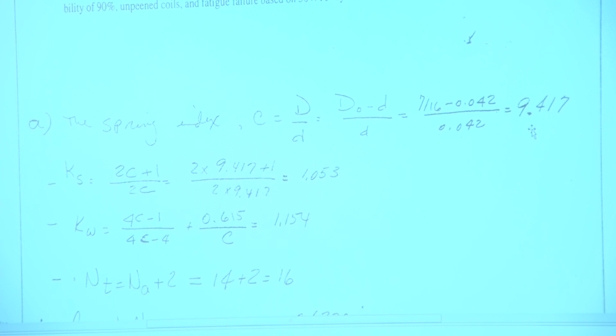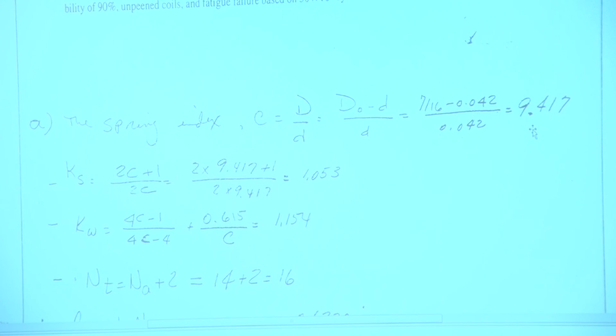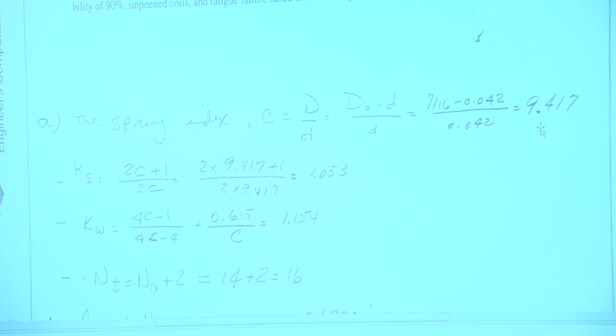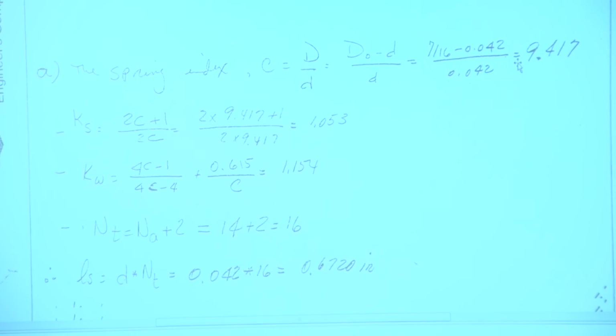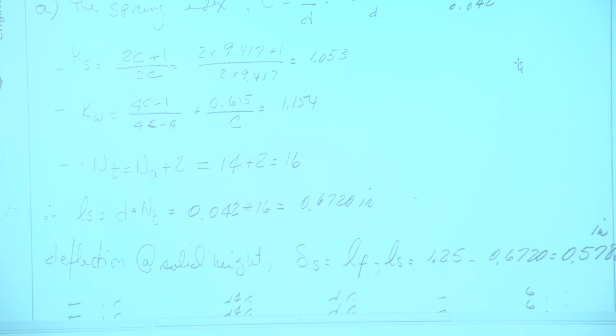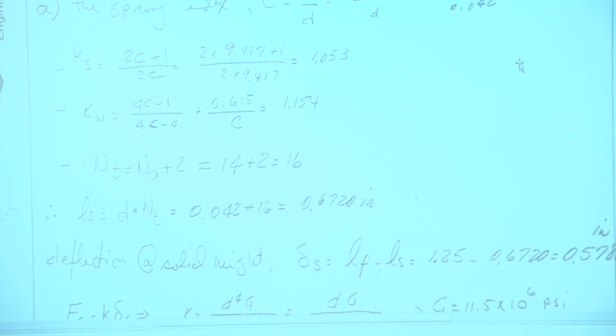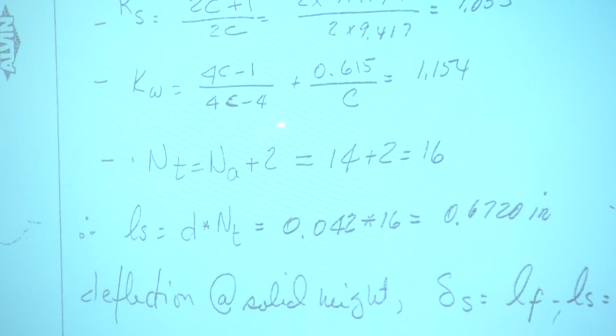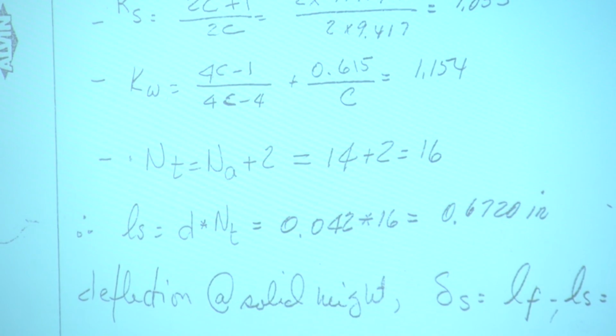in some books, including yours previously, they use Ks for mean stress and Kw for alternating stress. We're just going to use either Kw or Kb for both and not worry about that. So just Kw is what's important here. So that's 0.154. Takes care of Ks as well, of course. Notice that it says the spring has 14 active coils, so Na is 14. Squared and ground ends, so one dead coil at each end. So we get 16 total coils.